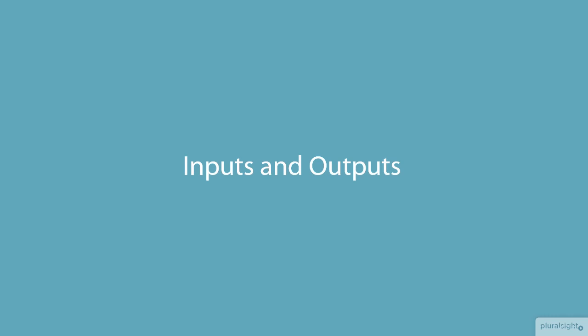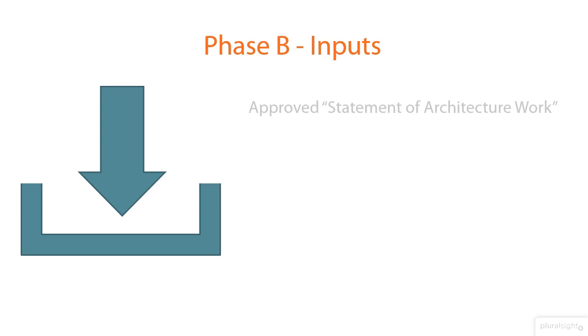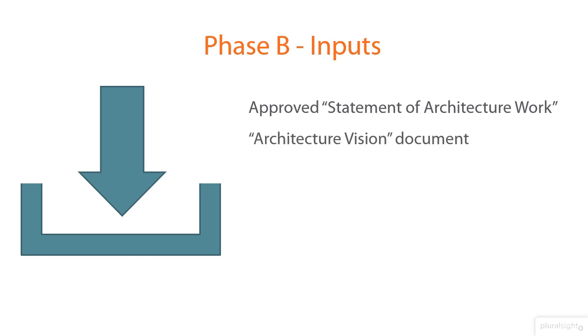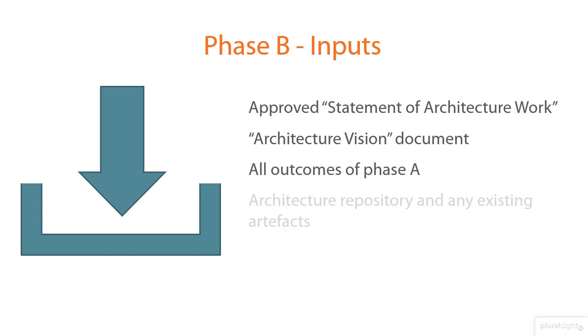Now let's look at some of the key inputs and outputs of each phase within this iteration. For phase B, an approved statement of architecture work is a key input. Along with this, the architecture vision document and all other outcomes produced by architecture vision phase form the key inputs. In addition, this phase also expects to have the architecture repository available and accessible to relevant stakeholders as a requirement